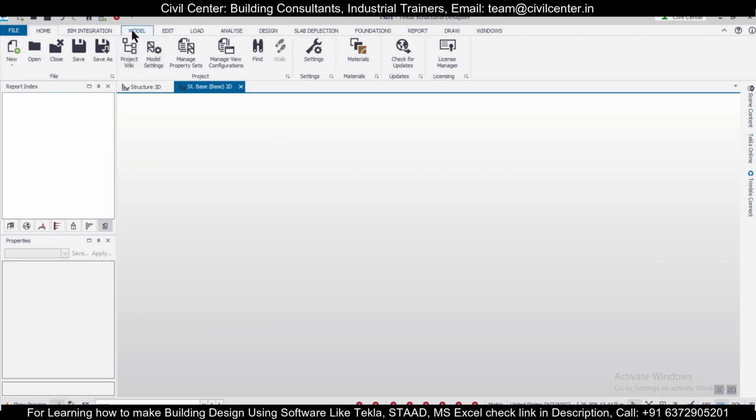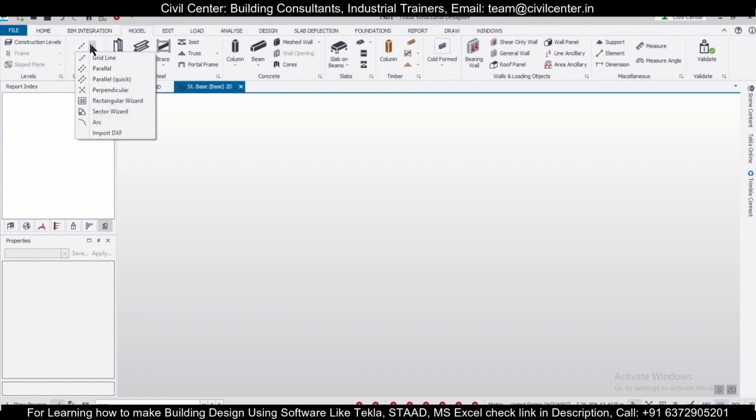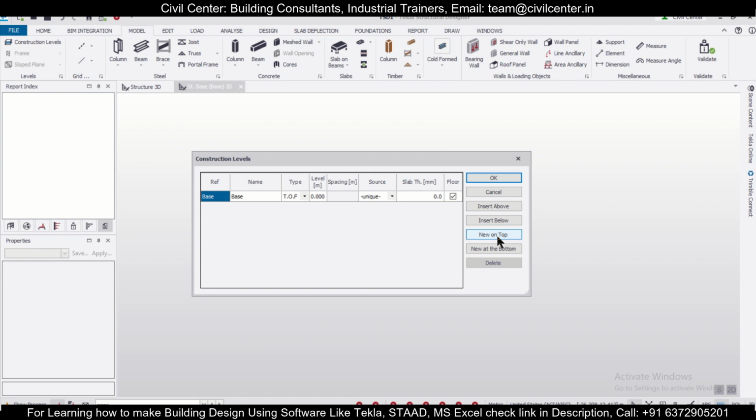First of all, what we'll do is we'll just go to the option of model, and here we have our grid lines, and here we have our construction levels. So we'll just go to our construction levels and create some construction levels. So we'll insert a level below for our foundation, and let's give it minus 1.2 meters,